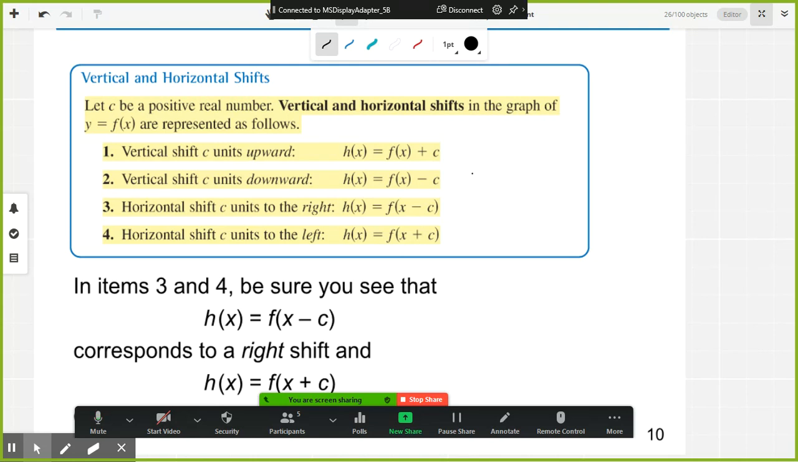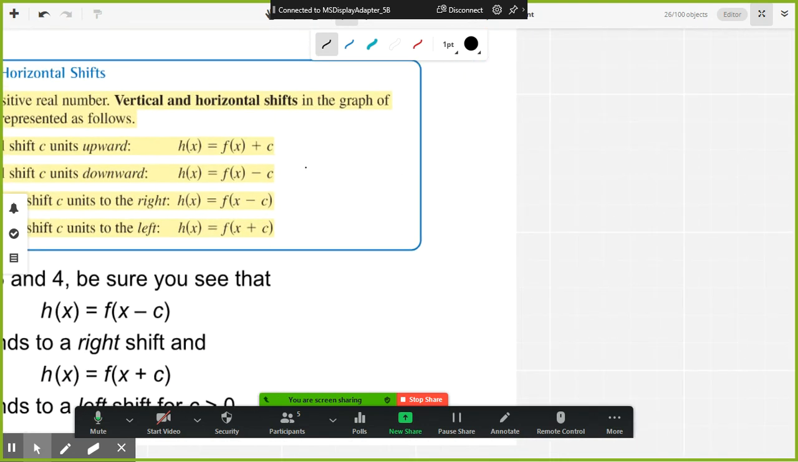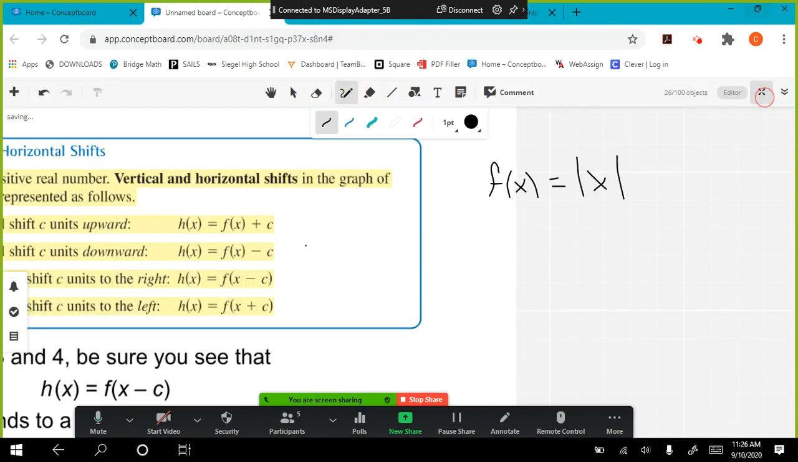All right. So what we can do is look at what would happen if we had multiple shifts. If I had a parent function, and let's just say instead of using x squared, we use the absolute value of x. So let's say our parent function f of x equals the absolute value of x. Okay, and if I look at that graph,